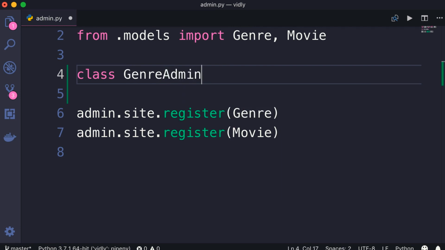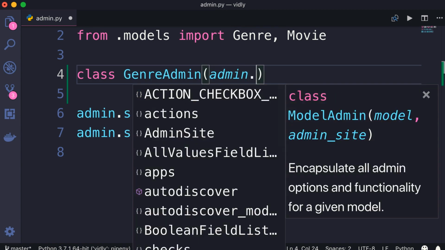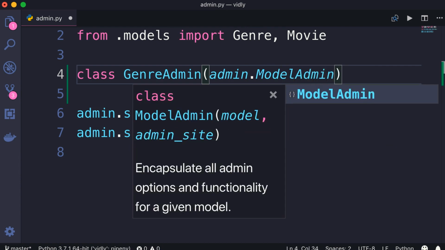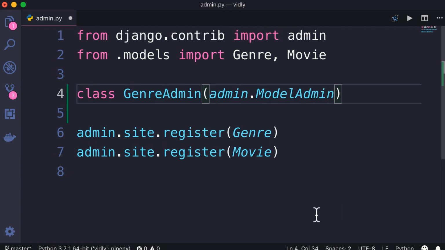The name doesn't matter, but by convention, we use the name of our model plus admin. Now, we should derive this class from admin.ModelAdmin. So on the top, look, we're importing this admin module. In this module, we have this class ModelAdmin, which is the representation of a model in the admin interface. By deriving this class from ModelAdmin, we're going to inherit all those features,